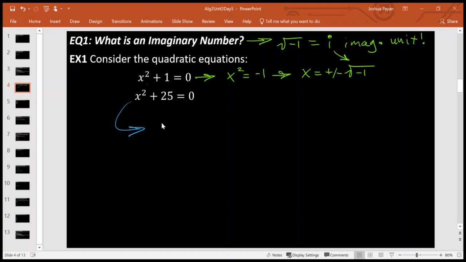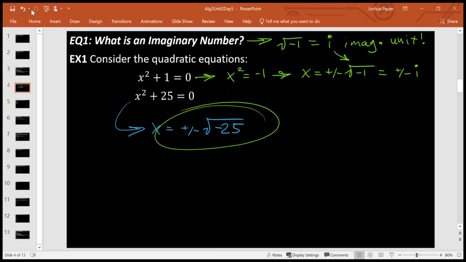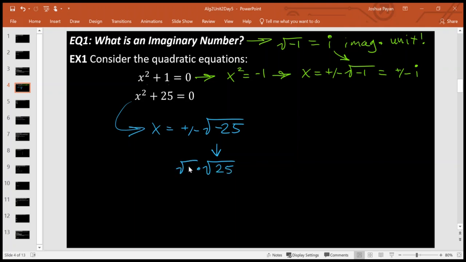And then when you've got more complicated examples, like let's say we solve this one, that's going to end up being x is equal to plus or minus the square root of -25. A little bit different, right? This one over here I know is plus or minus i. This guy here, though, is not so simple, right? But we know how to factor radicals. I can split this into just the square root of 25 being multiplied by the square root of -1, right? And I can just say this is plus or minus 5i, right? So